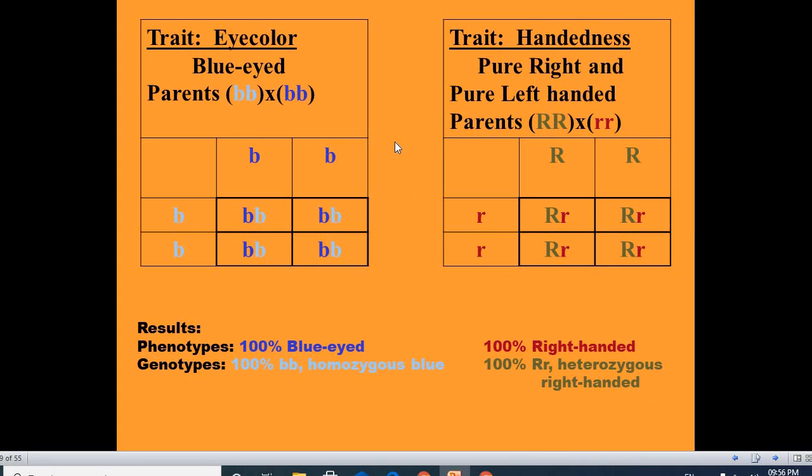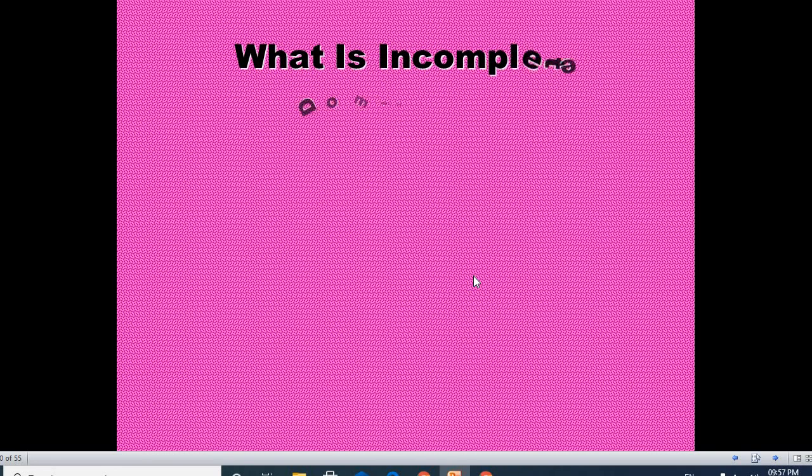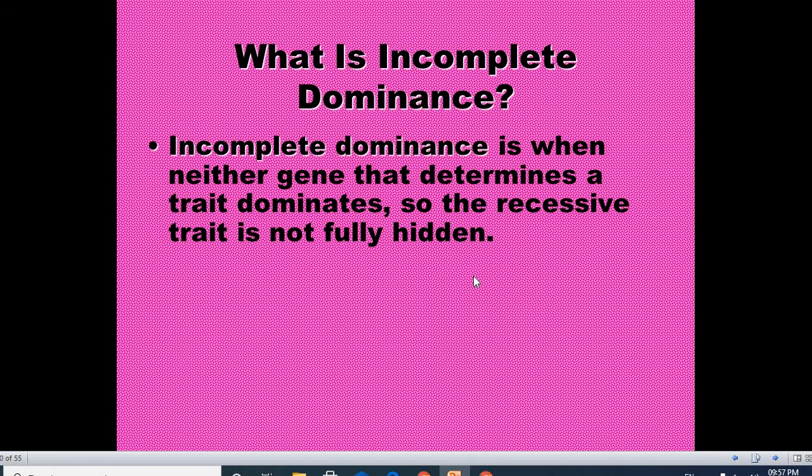Okay, next one, this is no need for you. So what is incomplete dominance? Incomplete dominance means when neither gene that determines a